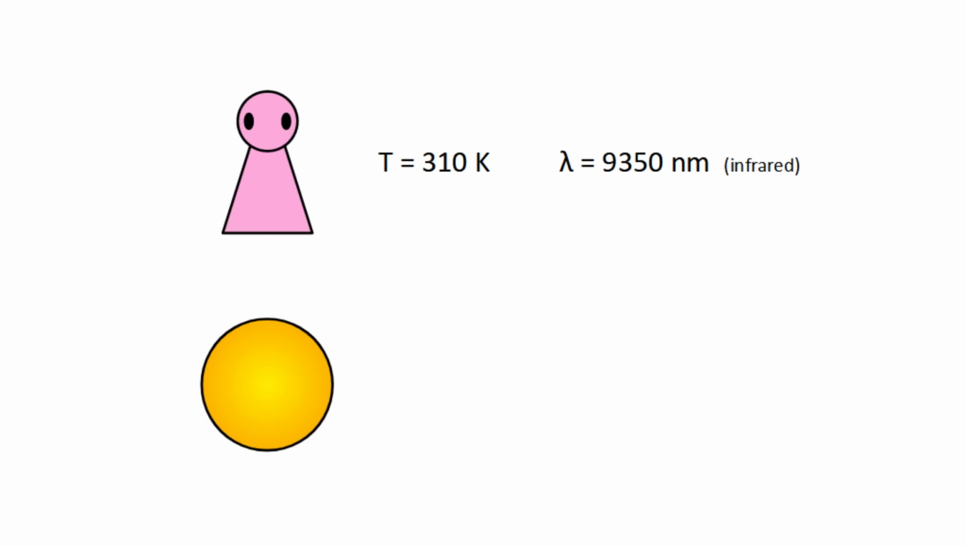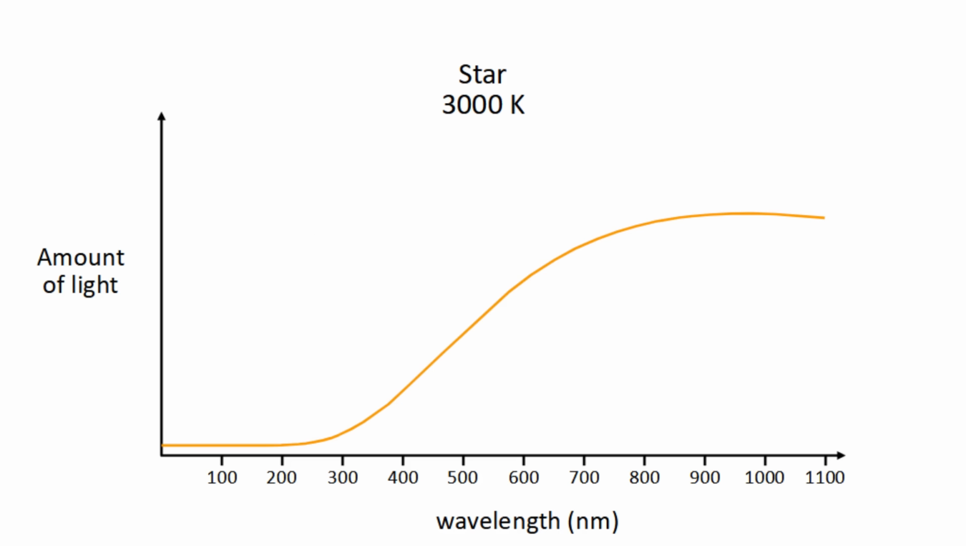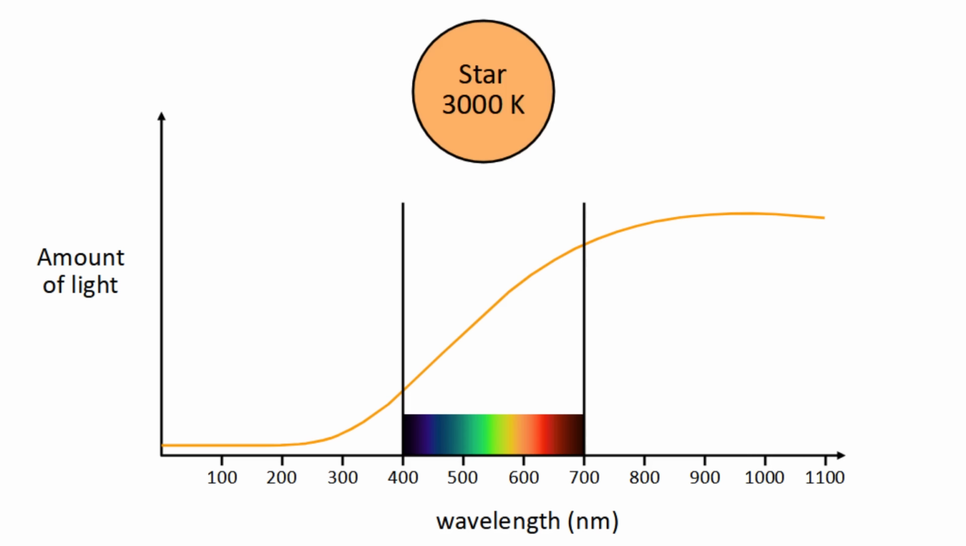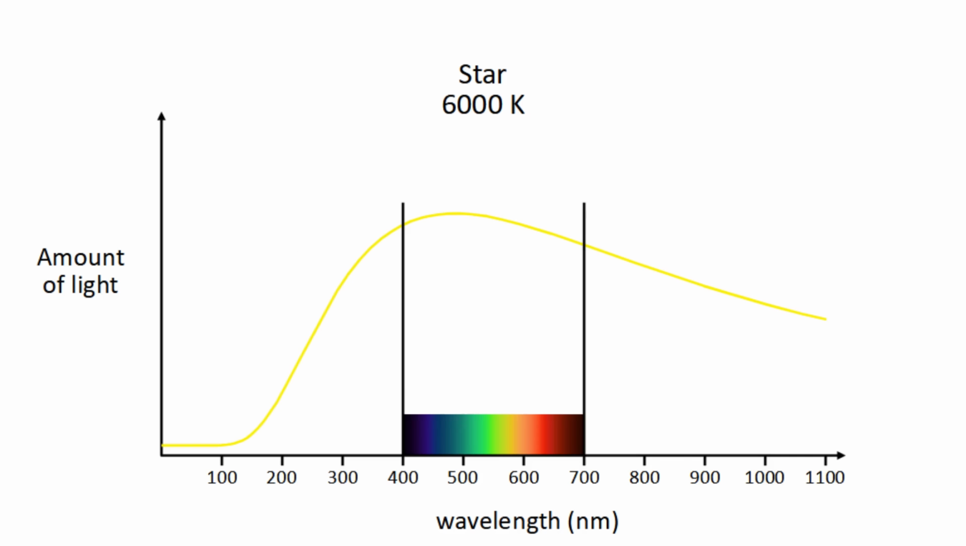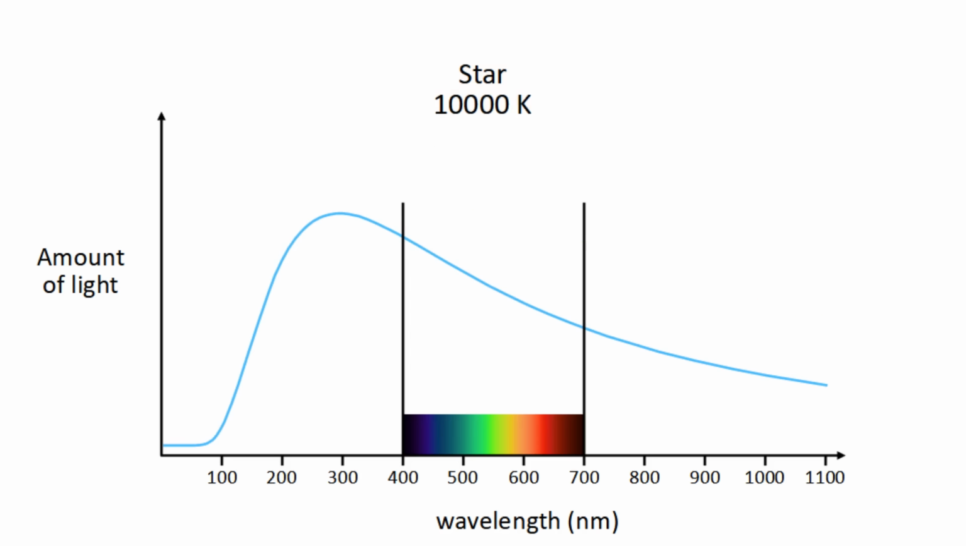But for really hot things like stars, the peak can be in or near the visible range, so they produce visible light. This is what we get for a 3000 Kelvin star. If we look at just the visible part, there's a lot of reds and not so many blues. This results in orange, which you can see on the chromaticity diagram. A 6000 Kelvin star has about even amounts of every visible wavelength, making it basically white. And a 10,000 Kelvin star has a lot of blues and not so many reds, so its final color is